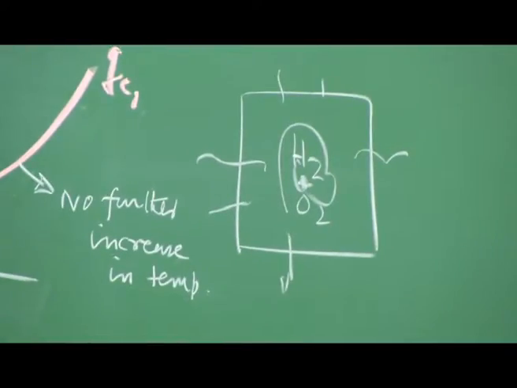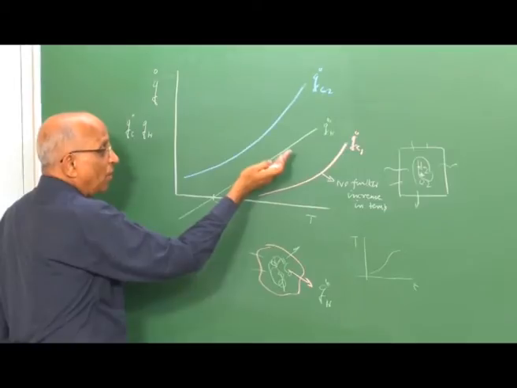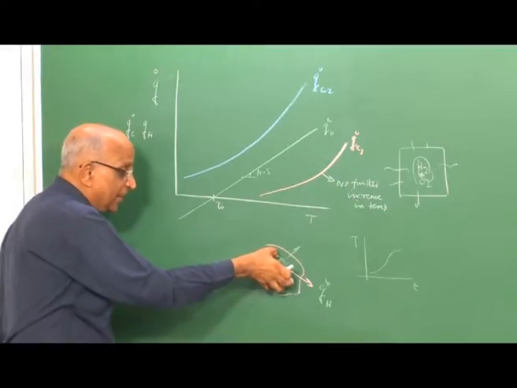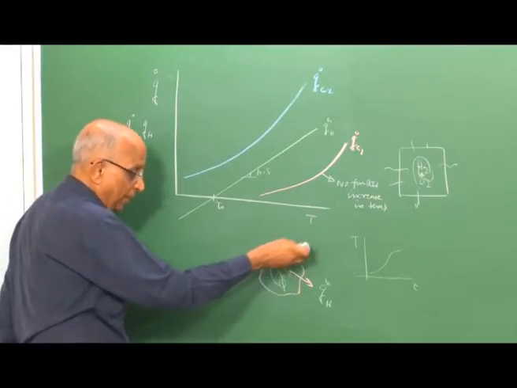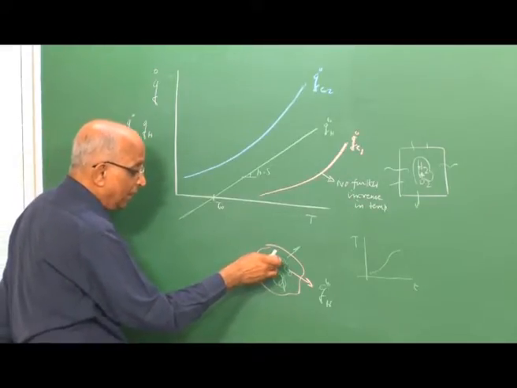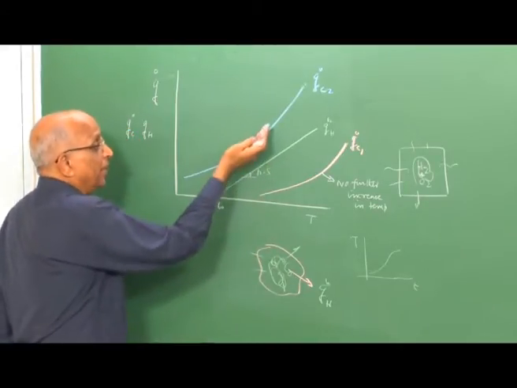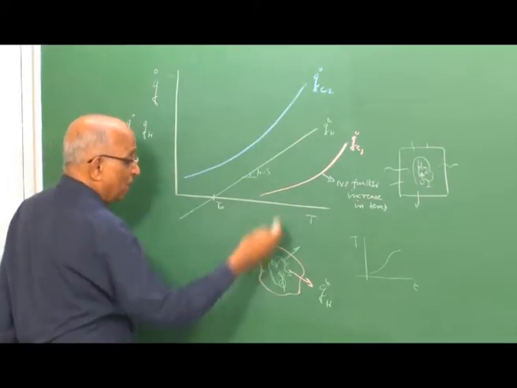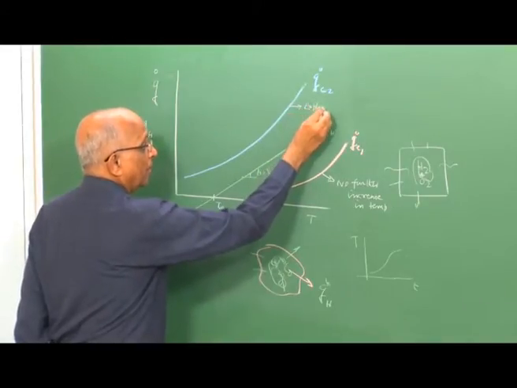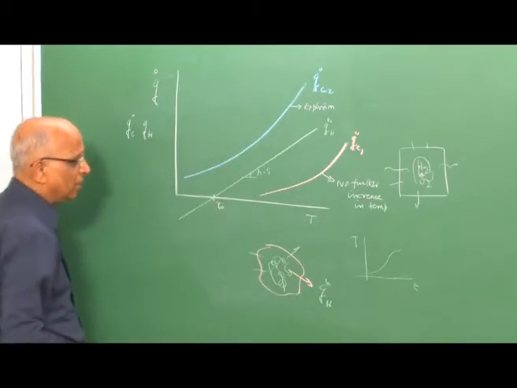Let us take a look at this. Supposing the initial concentration is such that the heat release is always greater than the heat loss, and therefore the temperature of this particular volume in which heat is getting generated keeps increasing, since the generation exceeds the heat loss, that is Q dot H, taking place. When temperature increases, the heat generation rate is further increased, and therefore it goes into the cycle of heat generation being always greater than the loss, and therefore it just explodes. That means this corresponds to an explosion, because the heat generation is progressively increasing and it is always greater than the heat loss.